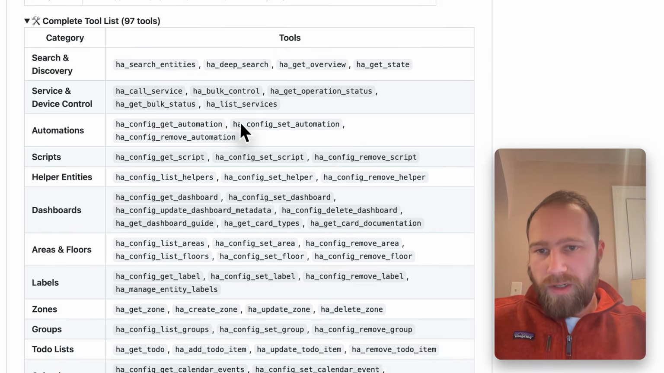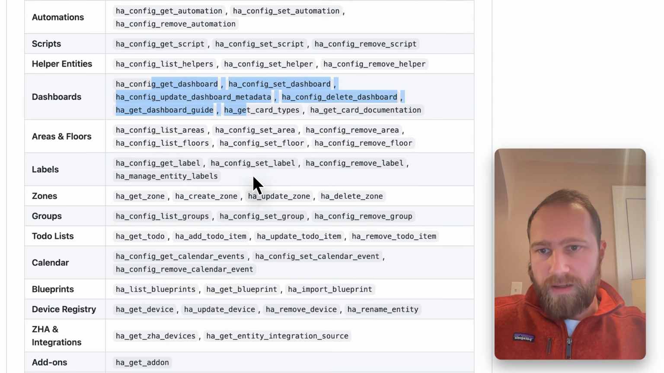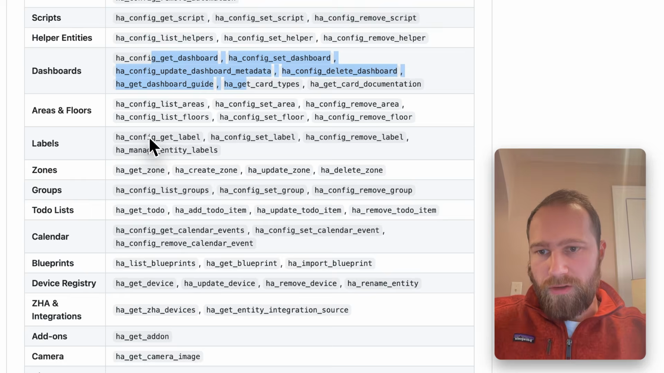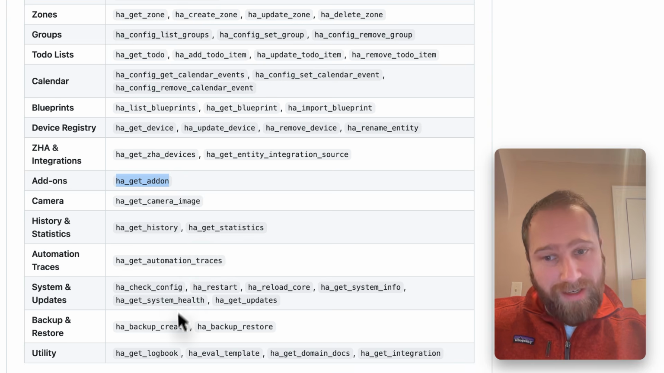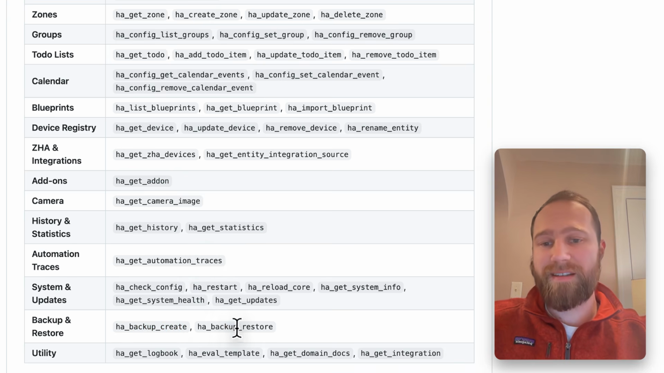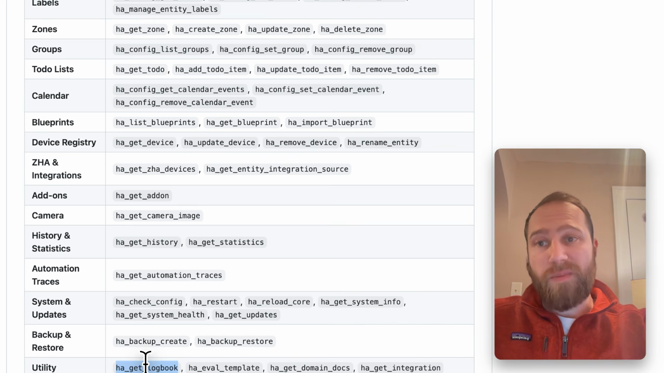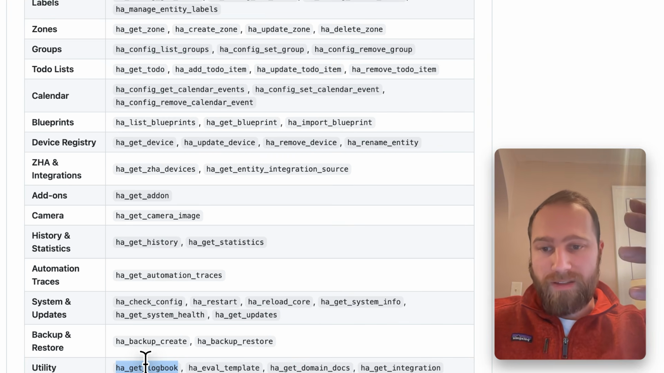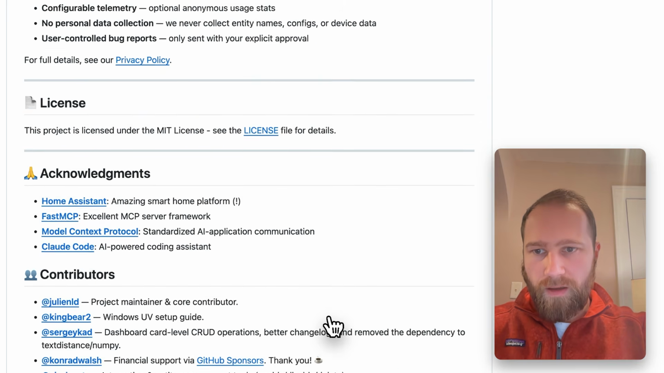So here's a bunch of different tools, plenty of different things around dashboards. You can do things. Get add-on. I'm not sure exactly what that does. That seems kind of interesting. Looks like you can actually even back up your Home Assistant instance and then restore. That's kind of cool. You can fetch logs, so you can debug why something didn't work. And then I think you can get, where is it? You can get